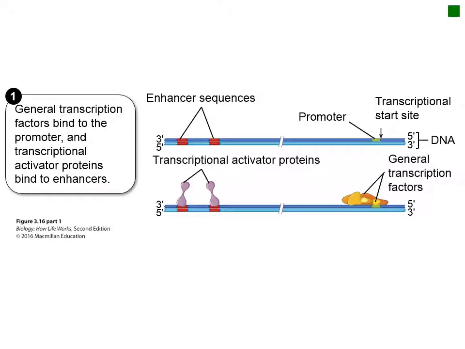Transcription begins when the promoter region of a gene is recognized by factors in the cell called transcription factors. Transcription factors are proteins that recognize the specific spelling of the DNA sequence that makes up the promoter and bind to that region of the DNA. In eukaryotic cells, there are at least 6 different general transcription factors that must bind to the promoter before transcription starts. In a prokaryotic cell, like bacteria, there is only one protein that binds to the promoter region, called the